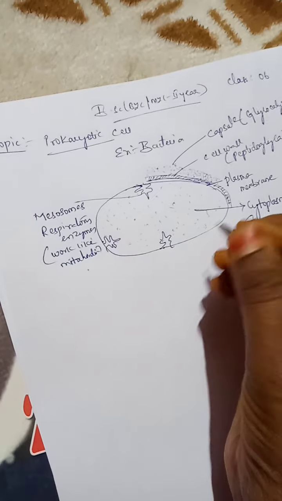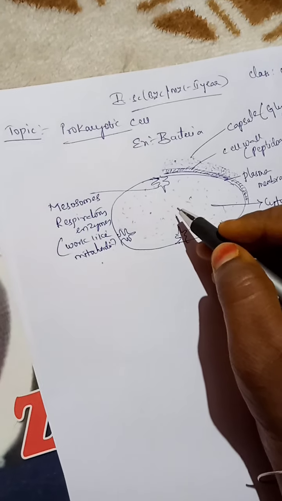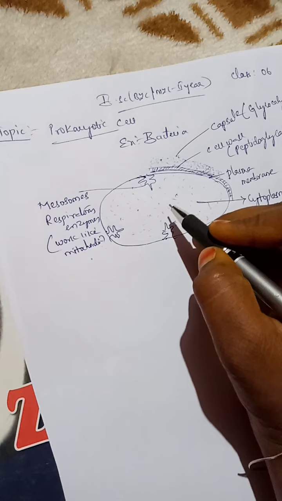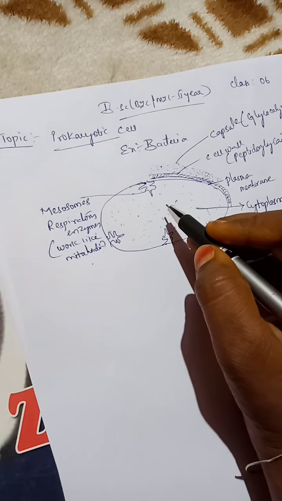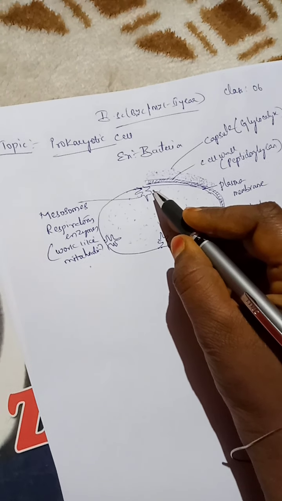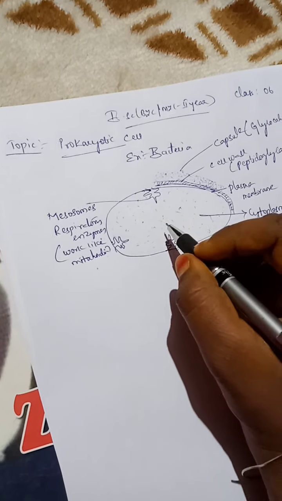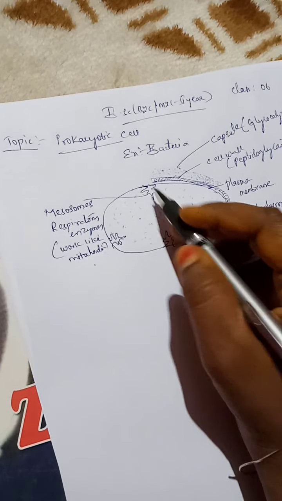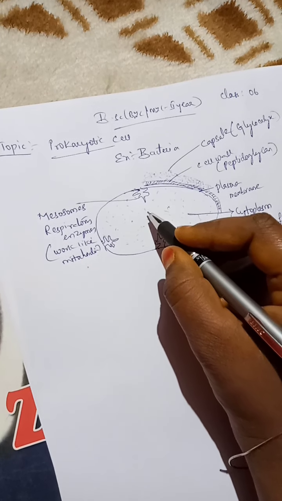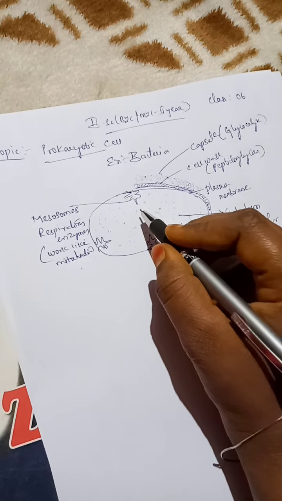Next, girls, we are going to discuss again the DNA, the genetic material, and where the DNA will be located. Here in the prokaryotic cell the DNA will be circular. That circular DNA will be located at the center, or it will be attached to the mesosomes. Why? I will explain. The DNA will be located at the center when the bacterial cell doesn't undergo division.